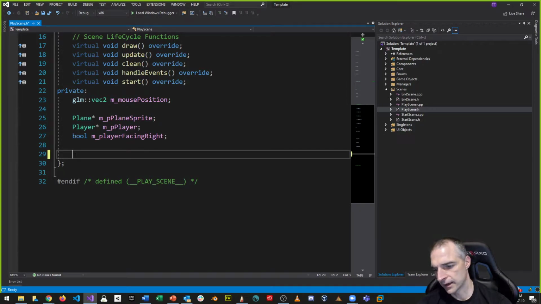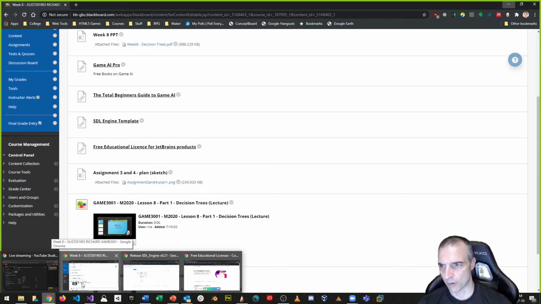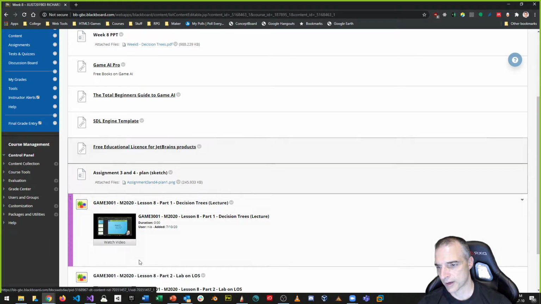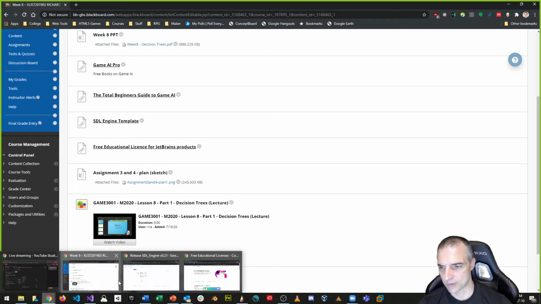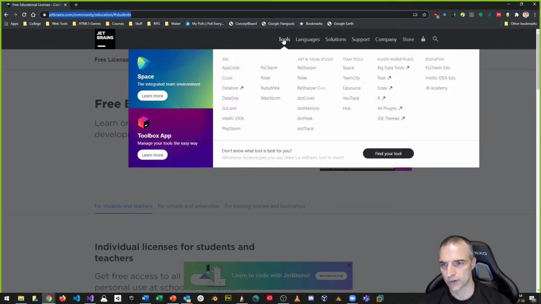When I talked to the first group today, they said they've never had ReSharper, and what I asked them to do, and I put a link here on Blackboard, is get the free educational license for JetBrains products. The people who make ReSharper, which is a tool that you can use to code a lot better, easier with C++, I would say, and get really good tooling support, is JetBrains. These guys are awesome. Again, no affiliation with JetBrains, but the great thing about these guys is they have a ton of tools, some of them that you've probably heard about before. If you've ever thought about programming an Android app, they have Android Studio. These guys make Android Studio. These guys also make